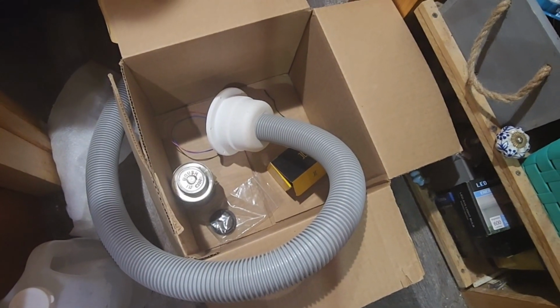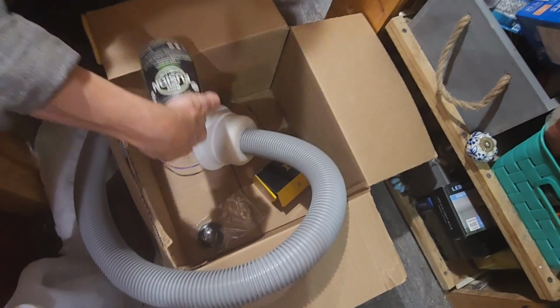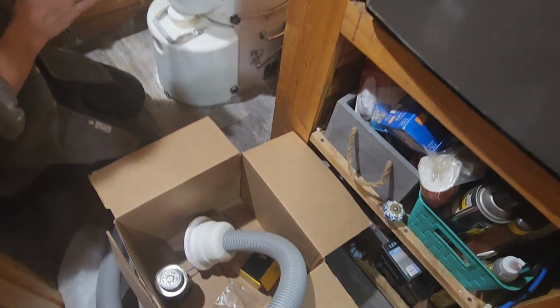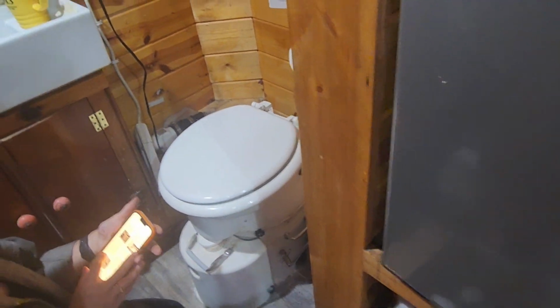Oh, what is in the can? That's something you brought? Yeah, this is the glue. Oh. The glue not included glue? Yeah. That's pretty funny. Let's see if I can...